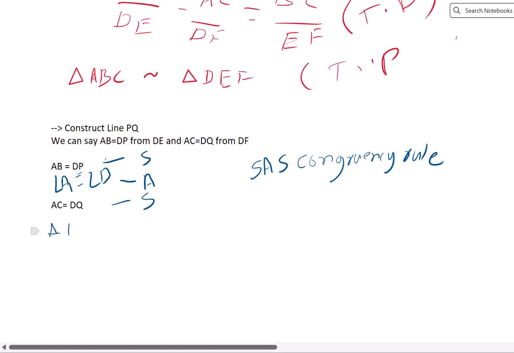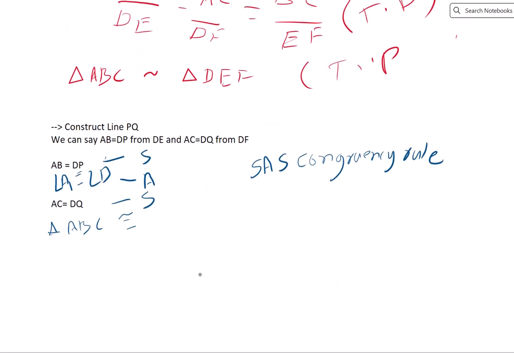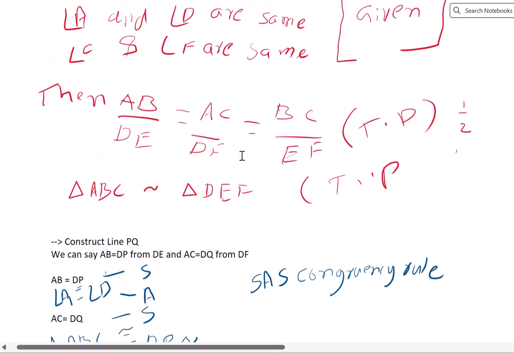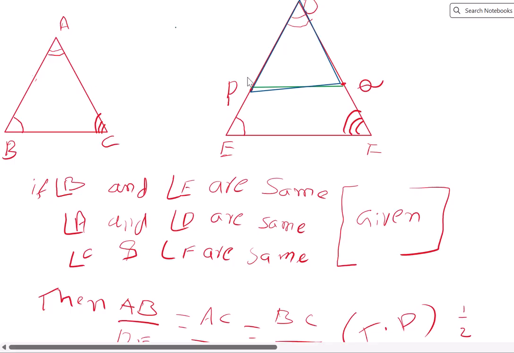Triangle ABC, with the SAS congruence rule, we are writing this: congruent to triangle DPQ. So now, if triangle ABC is congruent to triangle DPQ,